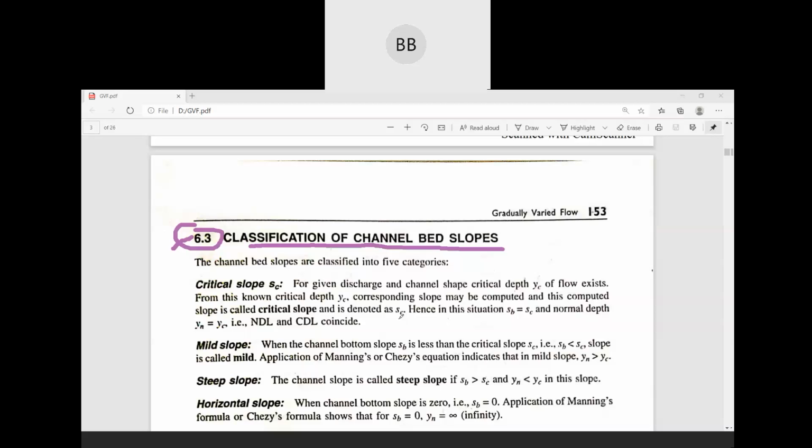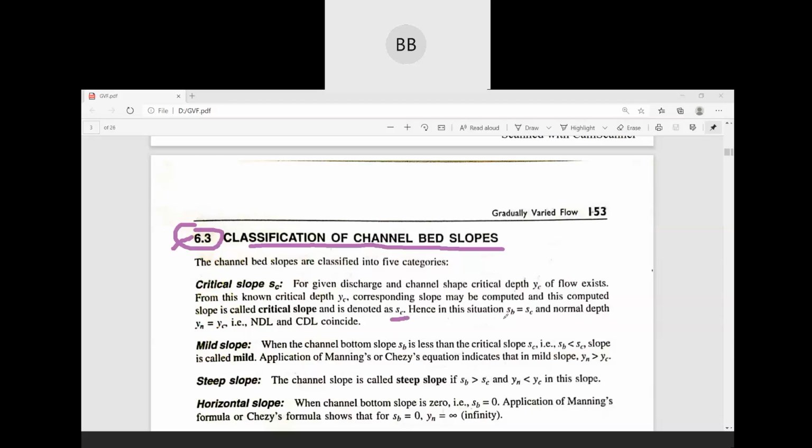Number one is your critical slope. In critical slope, we denote by SC. Critical slope is denoted by SC, and